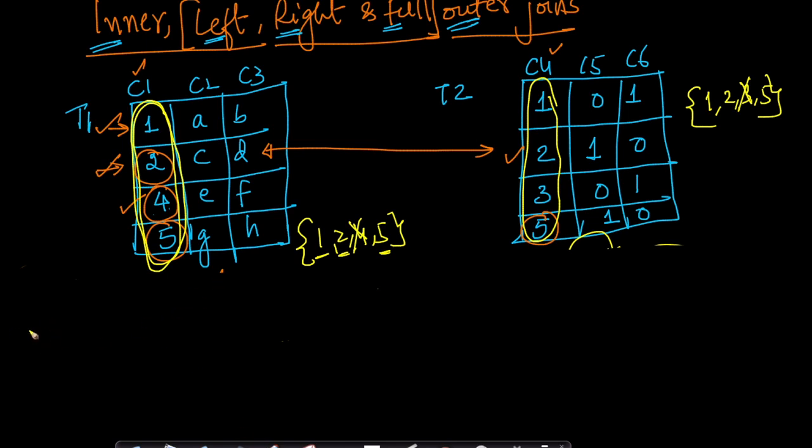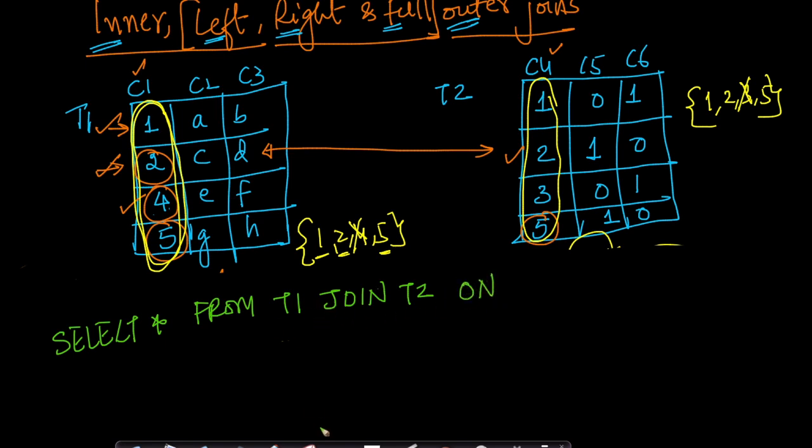Now imagine I have a slightly different query. Let's say my query is like this: select star from T1 join T2. Instead of join, what I want to have here is left join, or left outer join. I'll explain what this keyword, left outer, means. Select star from T1 left outer join T2 on